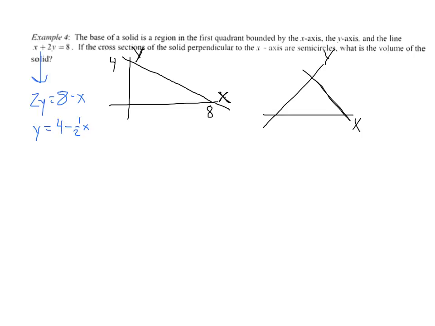So again, here's my poor excuse at a drawing. These semicircles are going to be perpendicular to the x-axis, so I'd be drawing a semicircle in there and in there and in there based on this distance from the x-axis to the line y equals 4 minus 1/2 x. And then from there, we're going to create a semicircle that's going to pop up. So those 3 red lines I just put in could correspond to maybe these 3 red lines, and then from each one we're going to have these